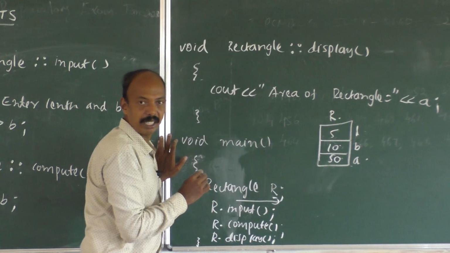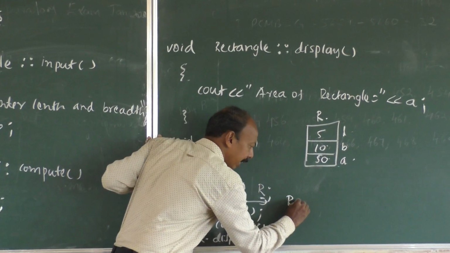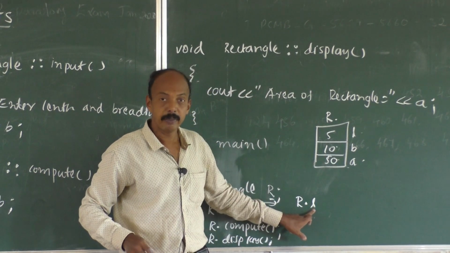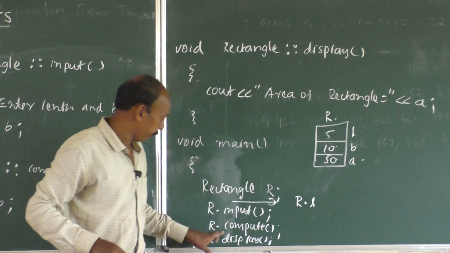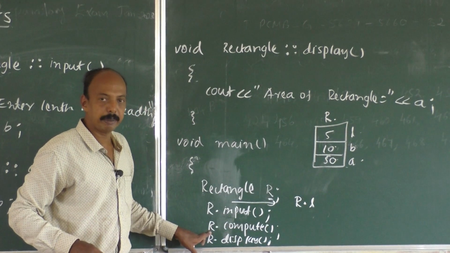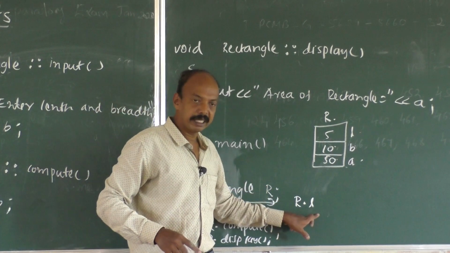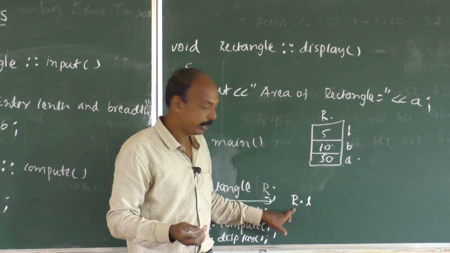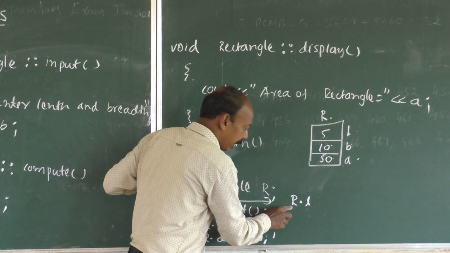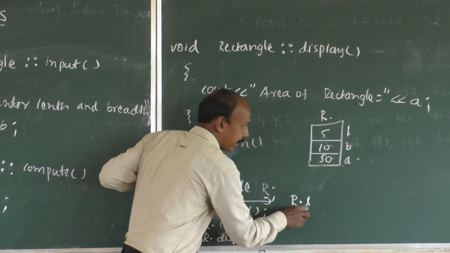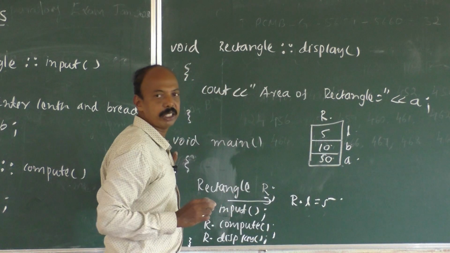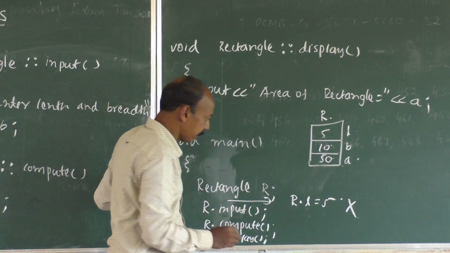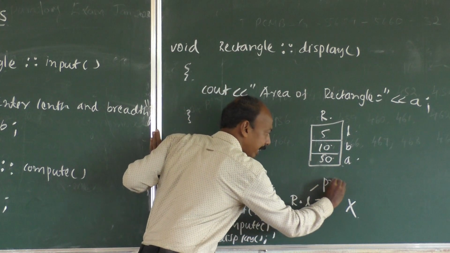Now the question is, suppose we want to get the value of L, length. Is it possible to write r dot L? Whenever we want to access the value of the data member with respect to object, we have to write it. We have written the function with respect to object. Similarly, whatever member data we have defined, if we want to access those, again we have to do the same with respect to the object. Here also, is it possible to write r dot L is equal to 5? That is the question. No, here it's not possible because this L we have written under private.